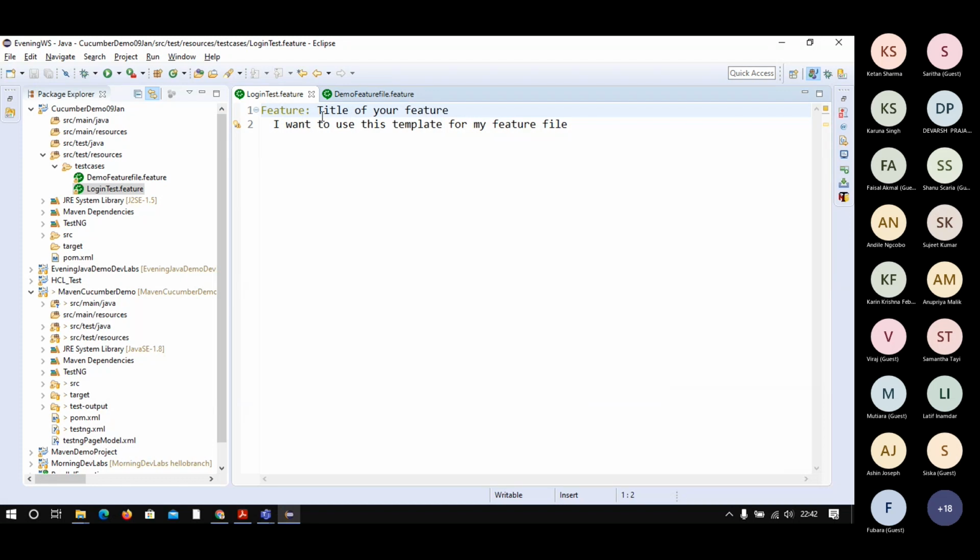Title of the feature file. Login or sign in. Sign in test. No description.